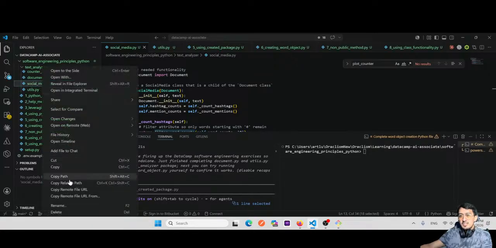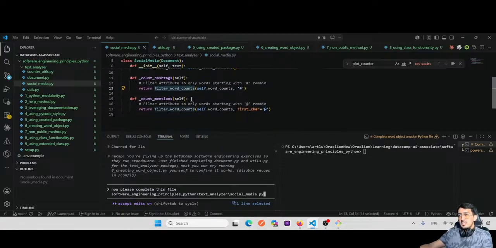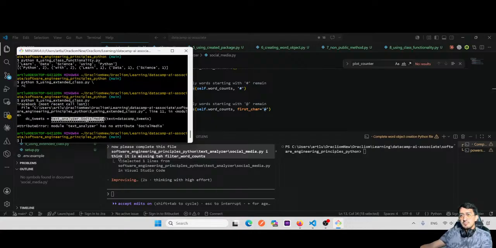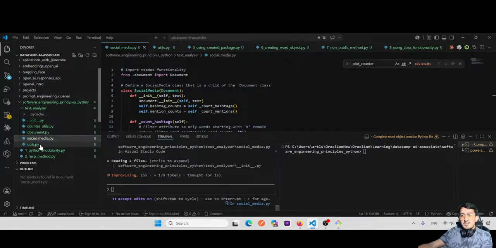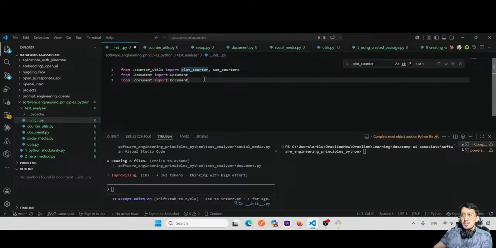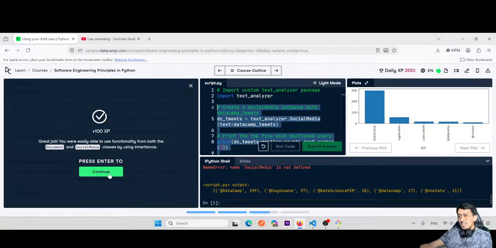So now please complete this file. I think it is missing the, and it's because here in this init we need to also import the social media. And then we're going to the next